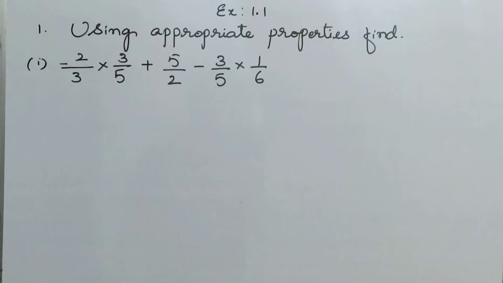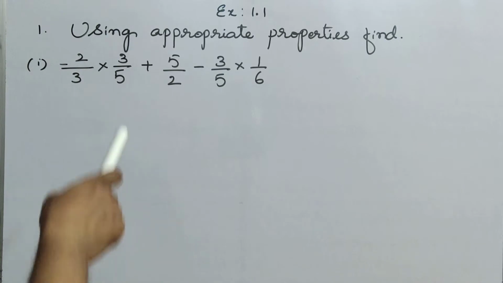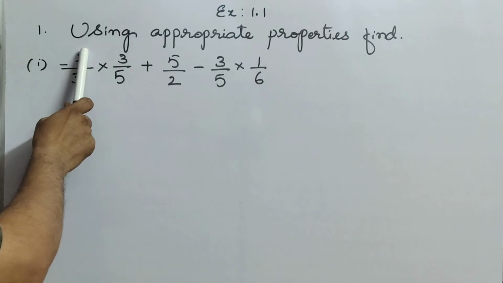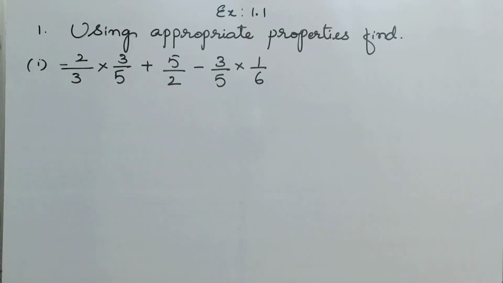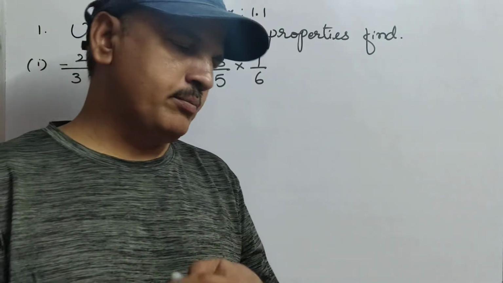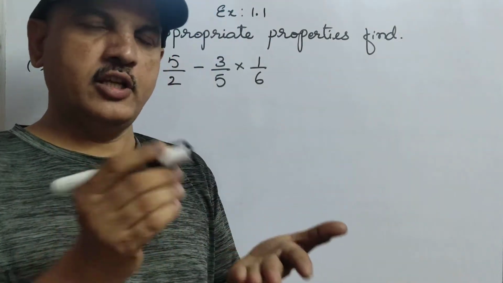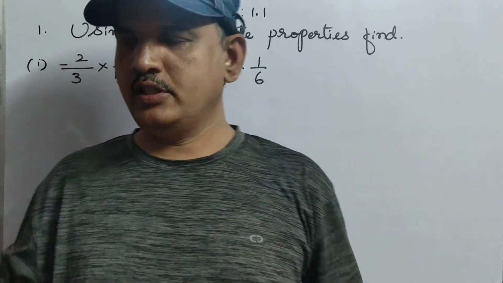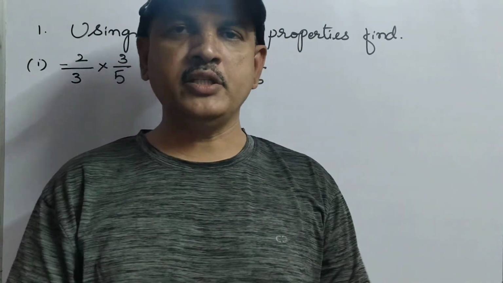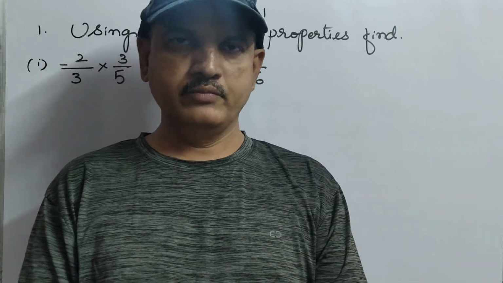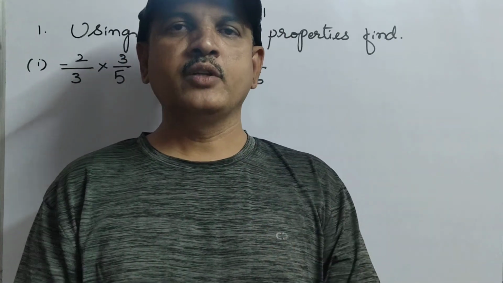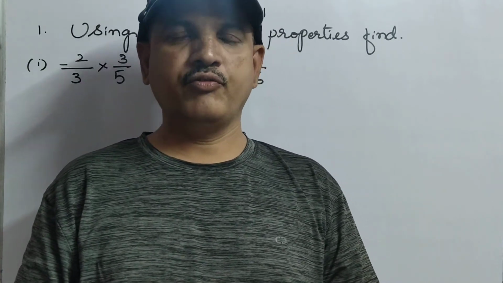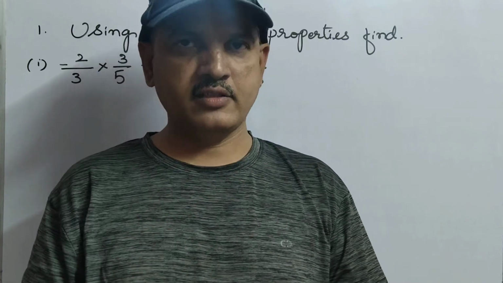Okay, children? Now see here, exercise 1.1, first question. This sum you have to copy in your CW. As I told you, copying in CW does not mean that without listening to my video, you take out your CW and simply start writing. That's not the right thing. First listen to the full video, to see how sir is explaining and where you are not able to understand. All this you will get only after listening to the class.